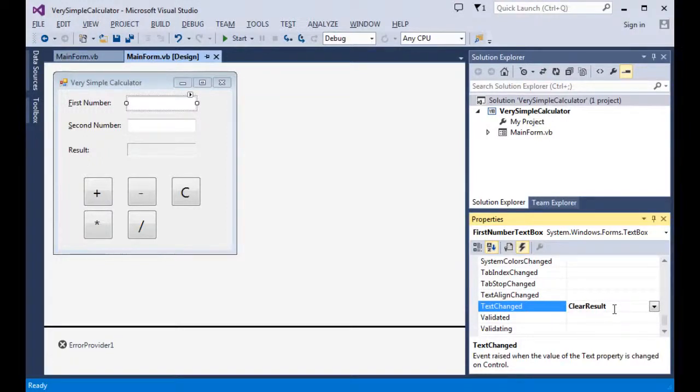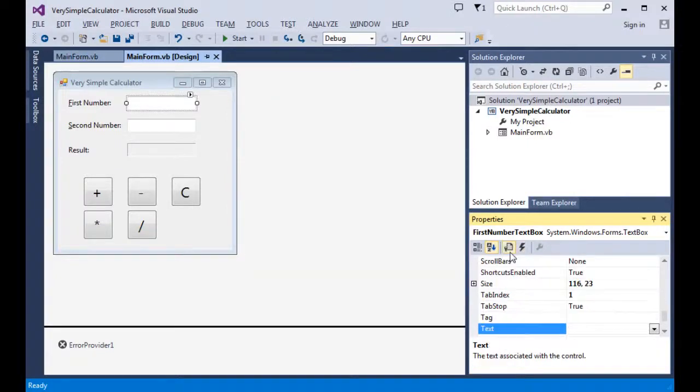It defaults to the text change event if I don't rename it here, but I have chosen to rename it. We also have what's called the validating event, which I could click on right here at this point in time to name as well and create that event. But I'm going to show you another way, in the actual editing of the code, where we can bring in a new event. So let me unselect that and go back to the properties, and let's go back to the